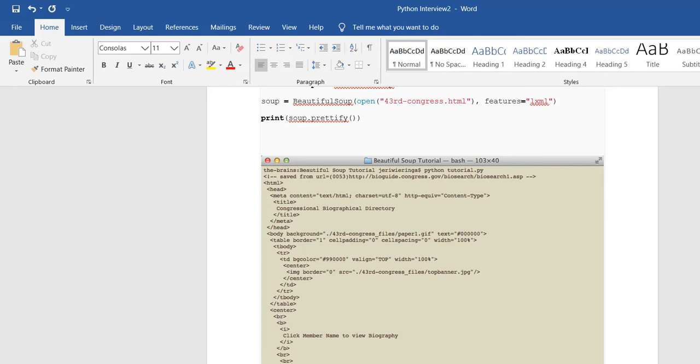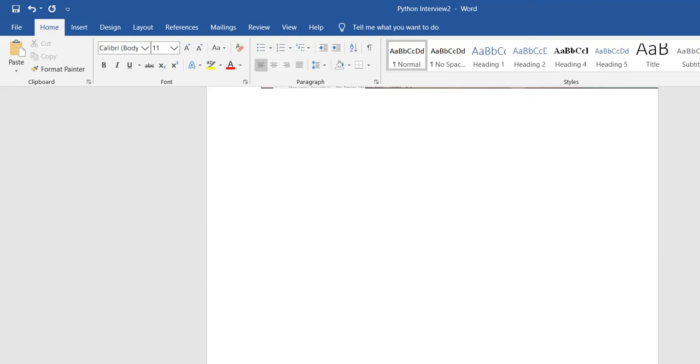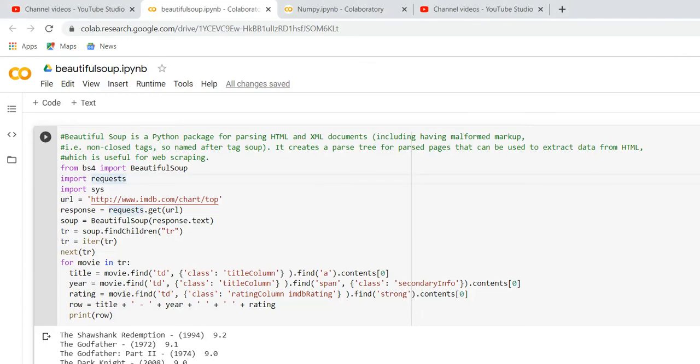Here you can see the body, 43rd Congress. I'm taking 43rd Congress.html, which is an XML file, and I'm just printing what the soup gives. In the same way, first we have to identify the tag and its element. Once the element has been identified, we have to scrape it.